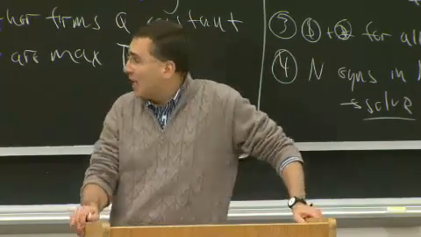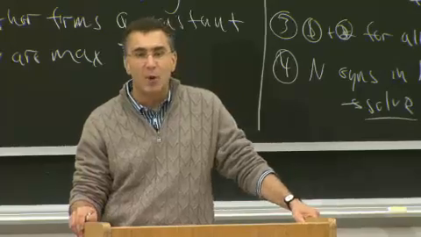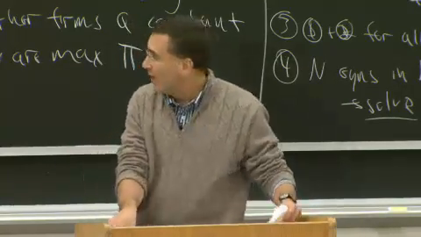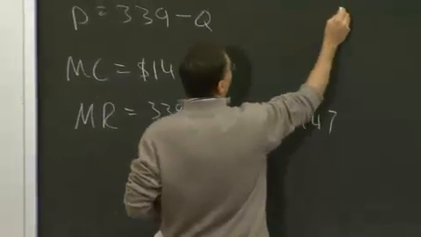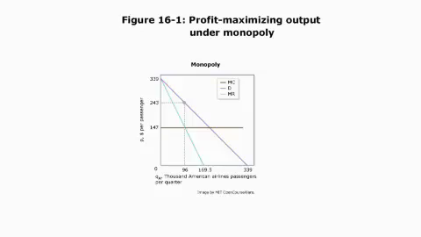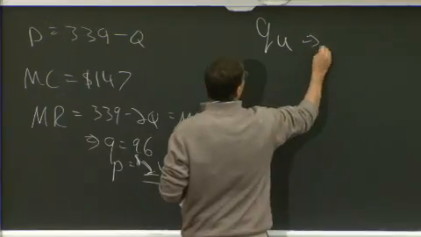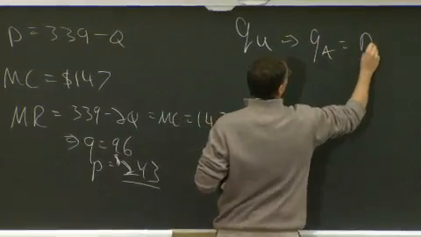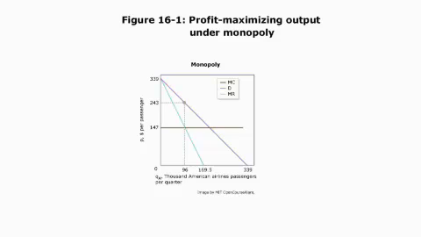However, now let's say American recognizes that United is in the market. And let's say American recognizes that United is going to deliver some amount of flights, Q sub U. They don't quite know yet what it is, but they know there's going to be some amount of flights Q sub U. So the residual demand for American is Q sub A equals total demand minus Q sub U. That's their residual demand.